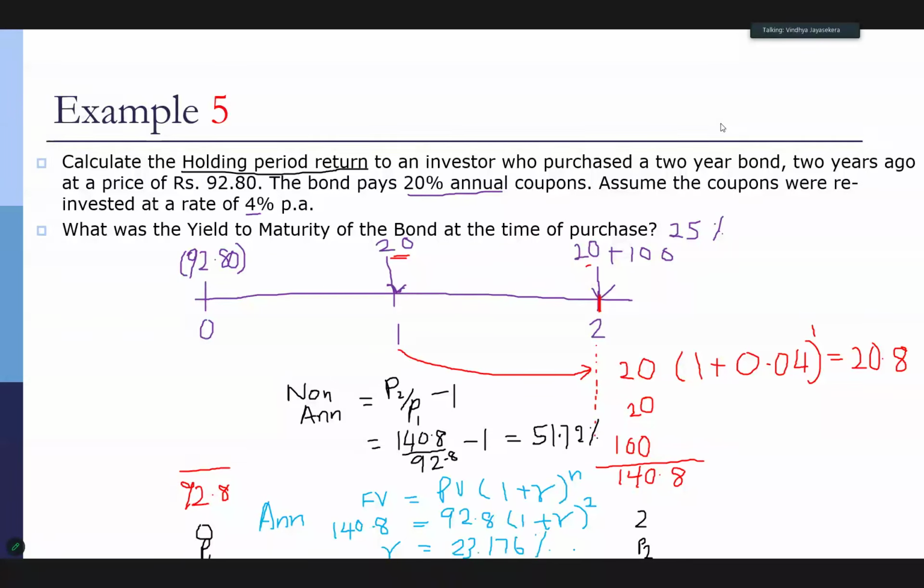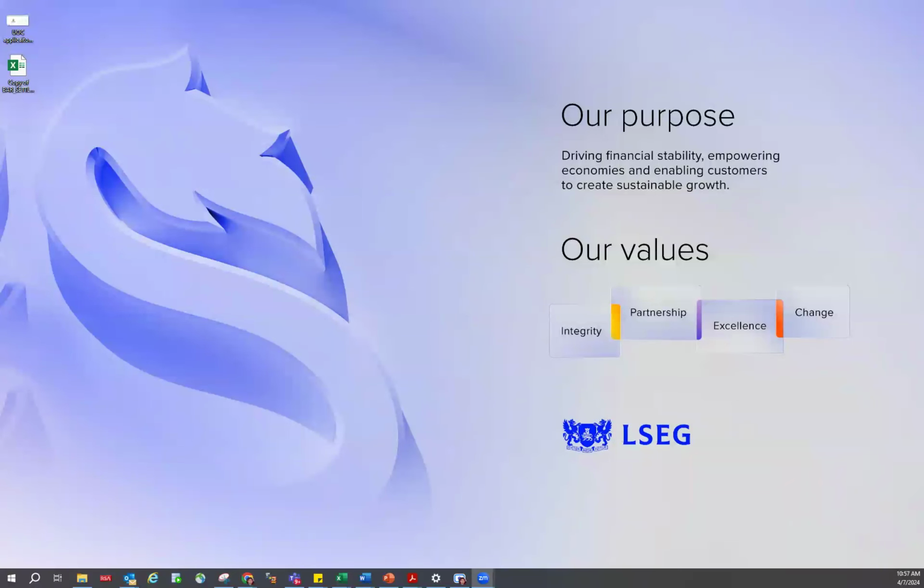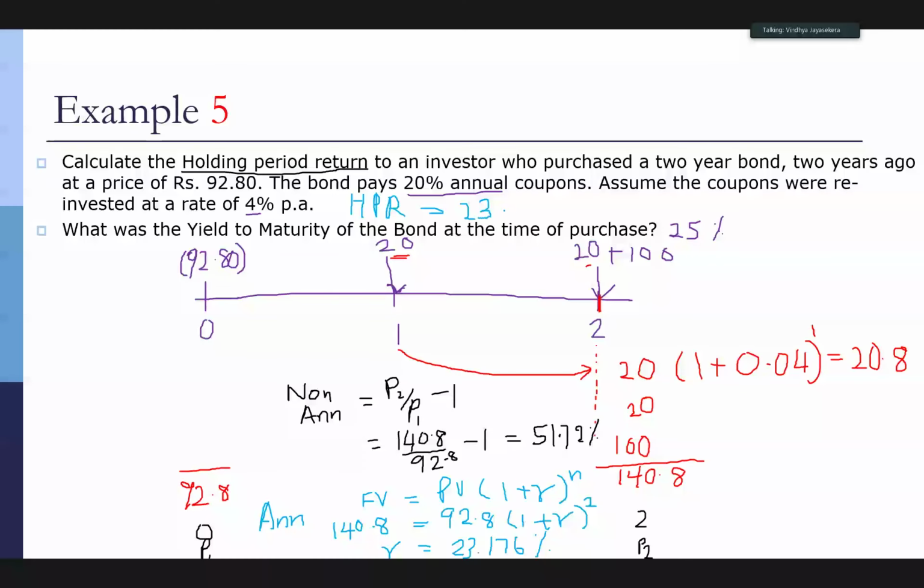Okay. Two things you should see in this. So what is your holding period return annualized? 23.176. Okay. You were promised a return of 25%. But do you see you didn't get a return of 25% because you didn't go and reinvest your money